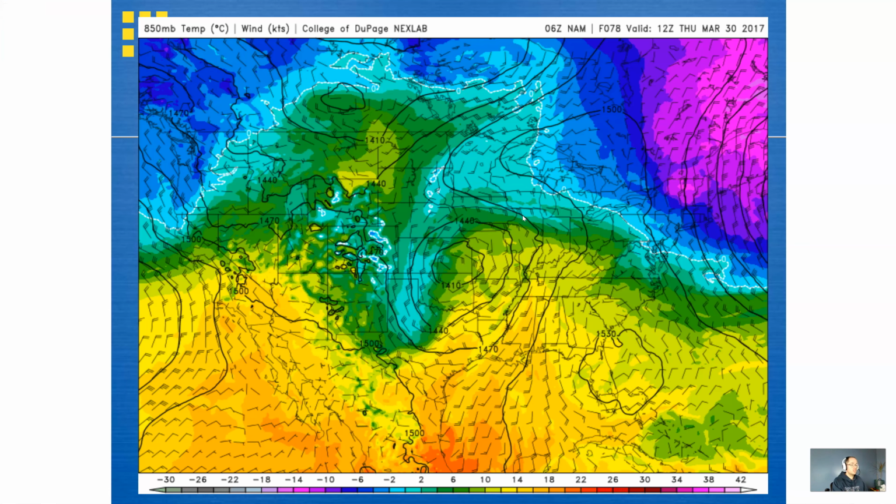And so I encourage you to take a quick pause. I will break for about 5 to 10 seconds and consider where on this map we may have temperature advection, either warm or cold.